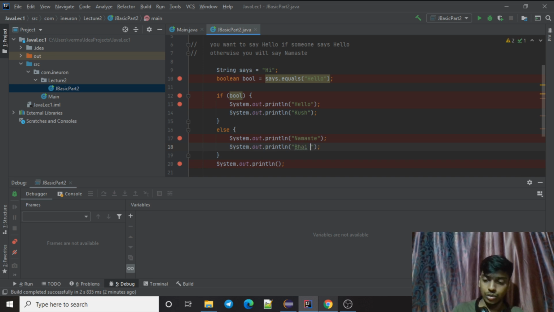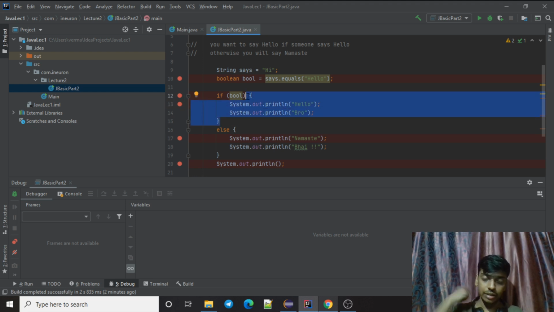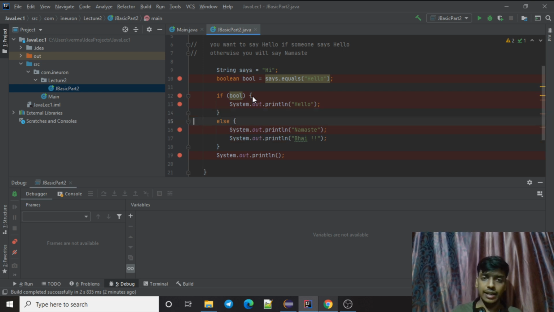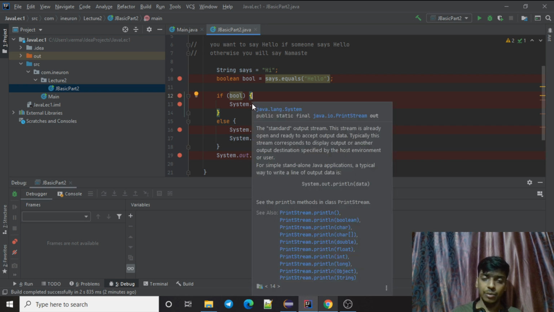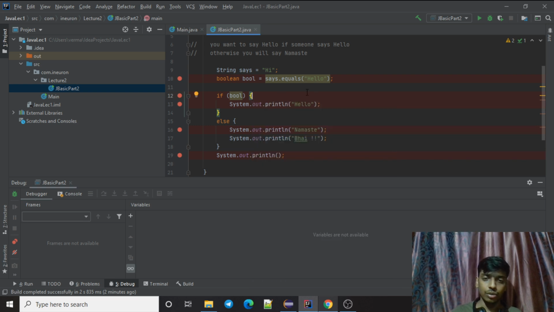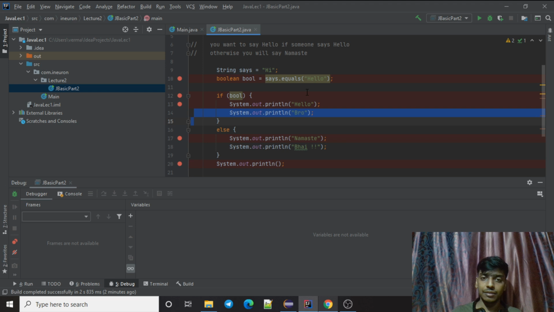Let's use Hindi here. So that's the one thing you should take care of while using if and else statements. If you are just using a single statement, you can use curly braces in that case also, that will not harm you. But even if you don't use curly braces, that will properly work. But if you are using multiple statements inside if, always put curly braces.